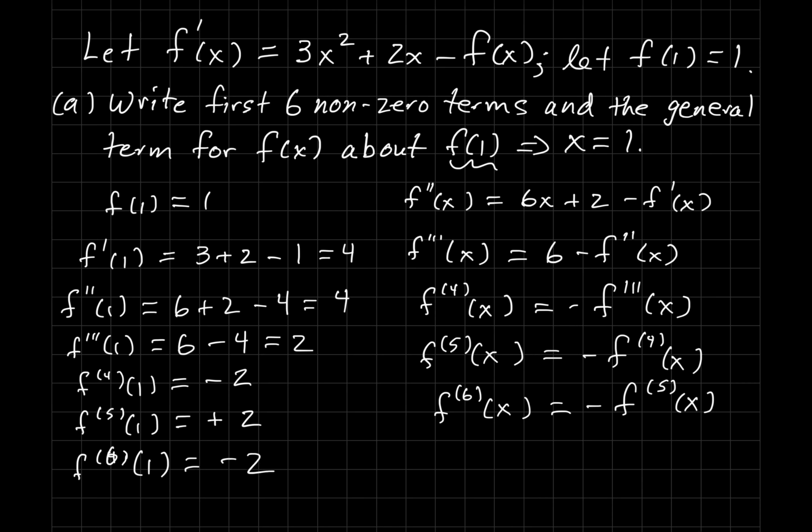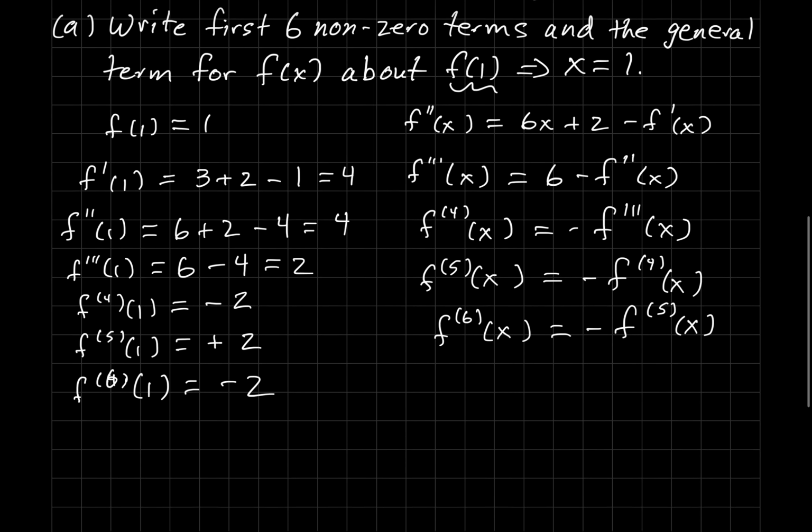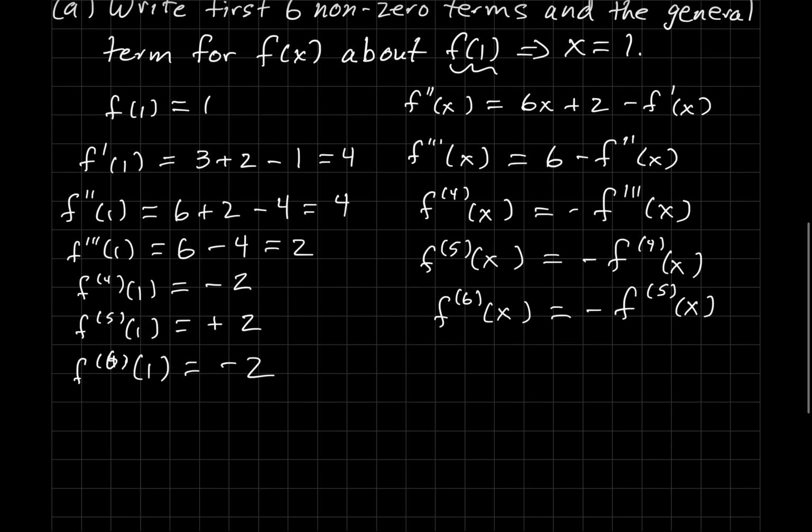And I think I see what's happening here. I'm just going to get -2, 2, -2, etc., etc. So it looks like I'll have an alternating series. Let's see if I take advantage of that later on. But let's write our series. So we have f of x is f of 1 plus 4 times x minus 1